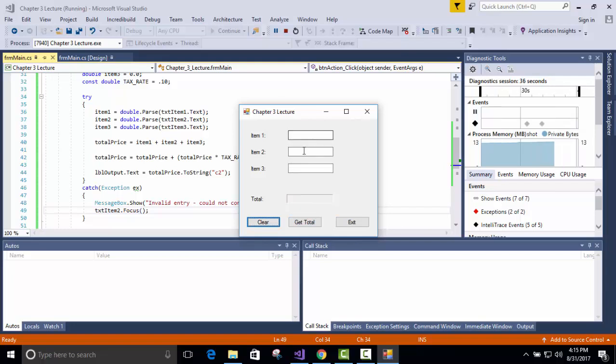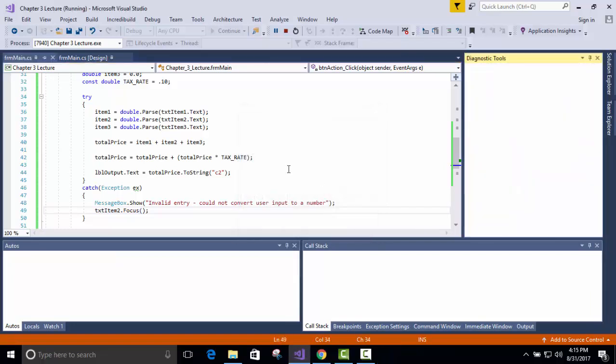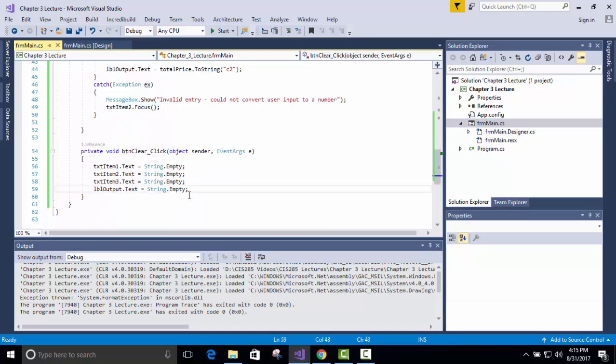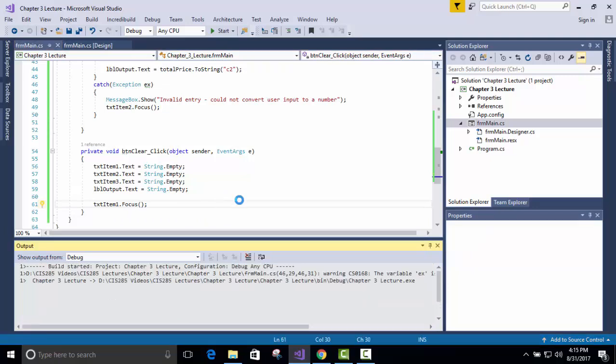And what we should do right here in clear is we should put the focus back to that first text box. That's just something we should do in clear. So let's do that. That's just making it easy on the user, right? So run it again. F5,